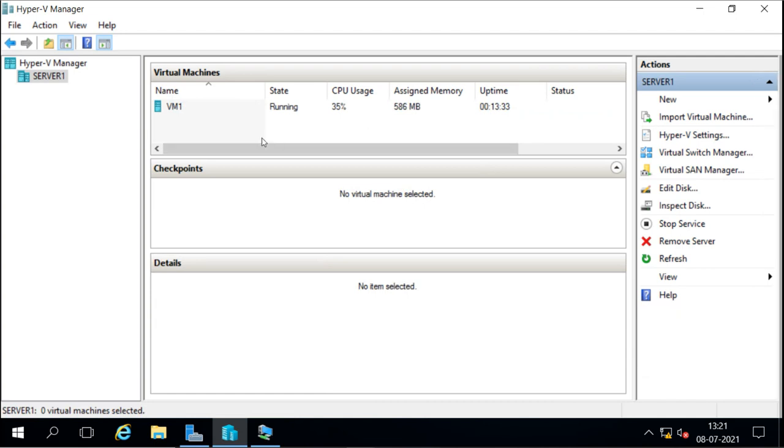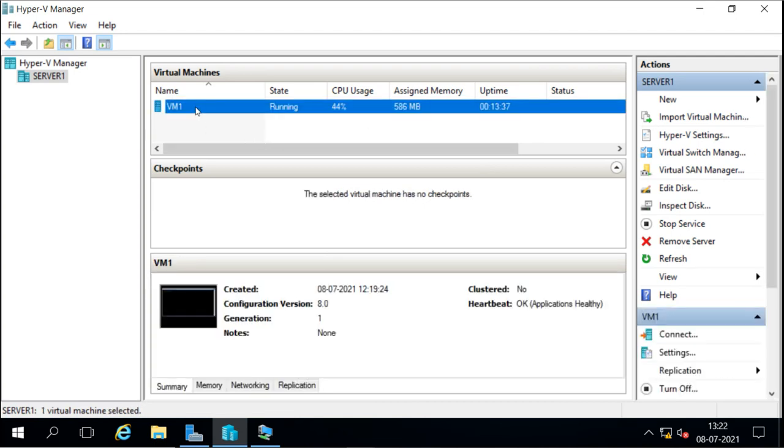Now planned failover means the machine is running properly and our host is also running properly, but suppose we have to do some maintenance job on this server 1, the host server. At the time of the maintenance job, this virtual machine is going to be stopped. But the users are using this virtual machine, and they don't want it to be stopped.